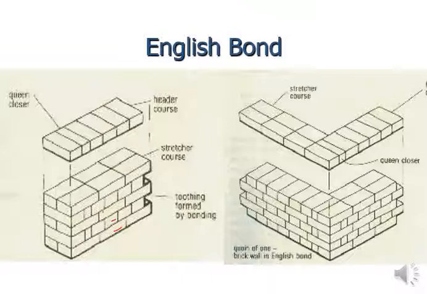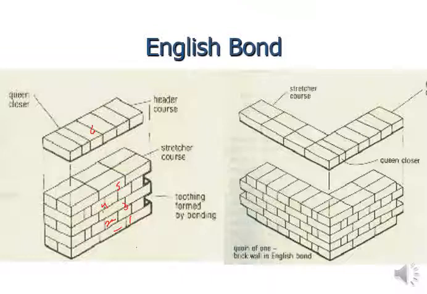If your odd courses are there, the first one, third one and fifth one, all are stretcher, and in between, the second course, fourth course, and above that the sixth course, will be header. So you can see the stretcher course means stretcher bond in one course, and in the consecutive course it will be header bond.